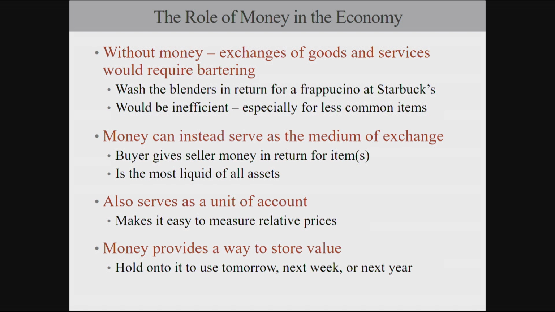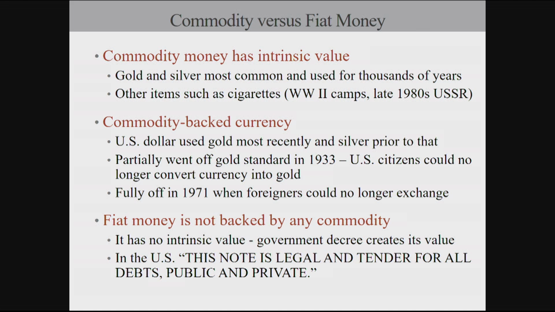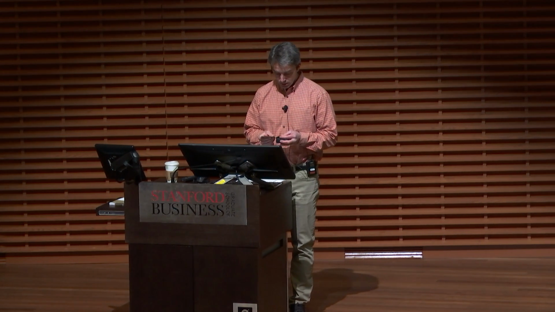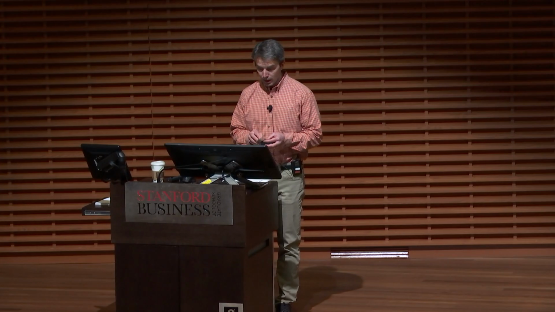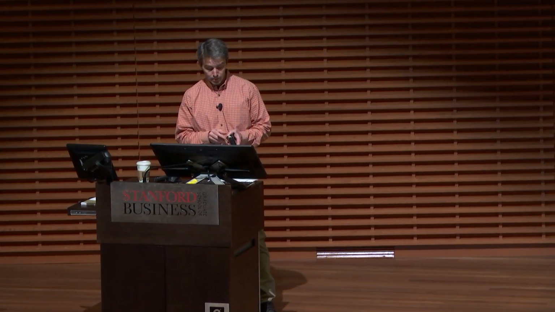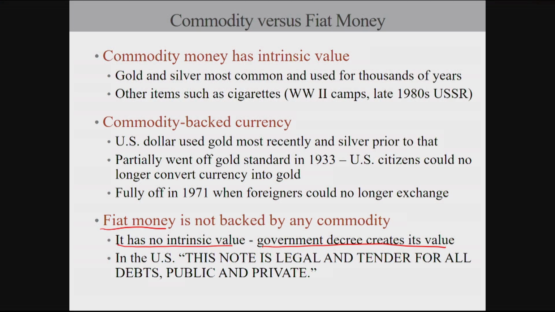Now, there are different kinds of money, and the money that all of us are most familiar with is what we call fiat money that has no intrinsic value. The government basically just decrees its value. So if I take a $1 bill out of my wallet, written prominently on it is the statement, "This note is legal tender for all debts, public and private." So this money, basically by government decree, is